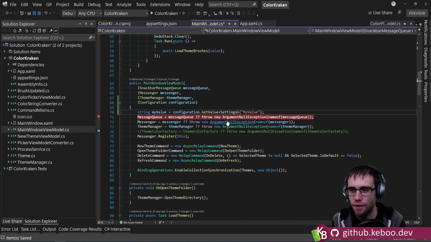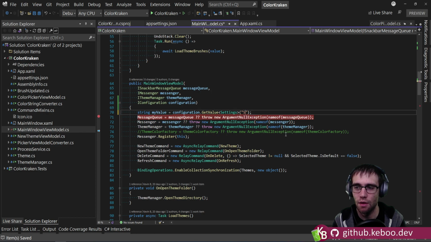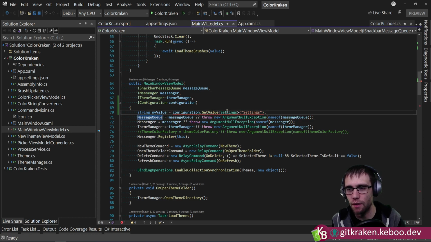So let's now imagine I want to do this, and I'm going to pull the value out of settings instead. So before I just had a simple string and I was pulling,